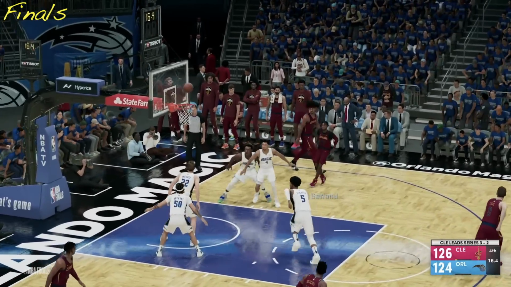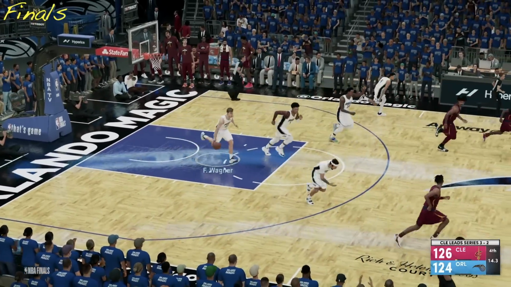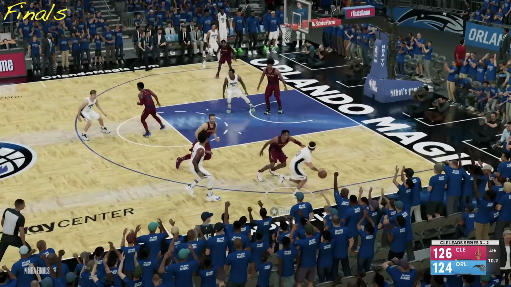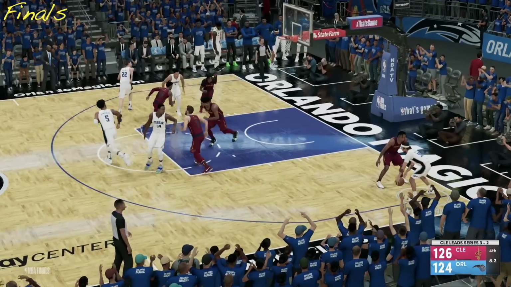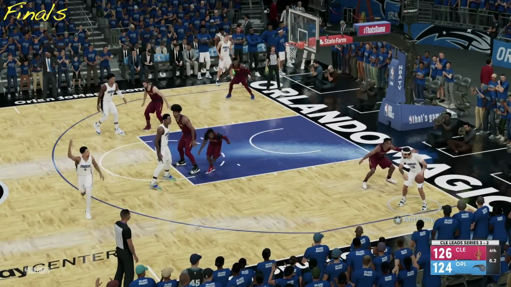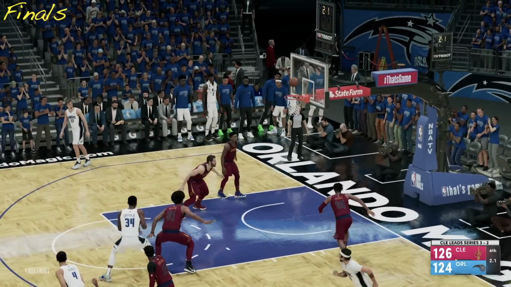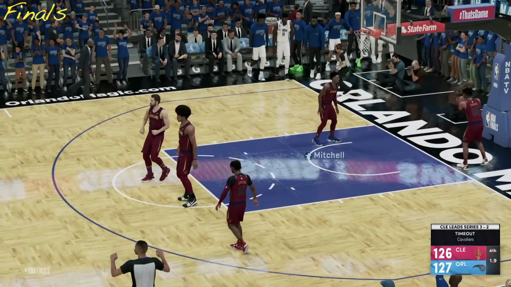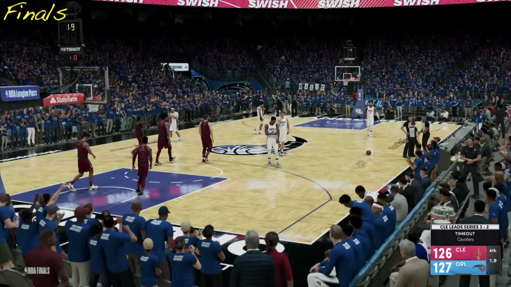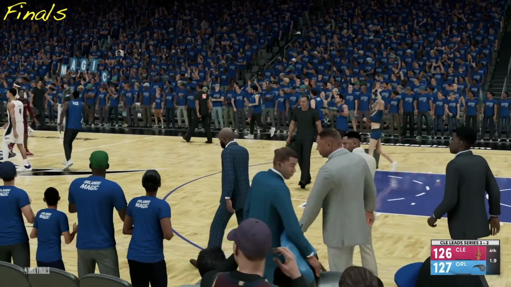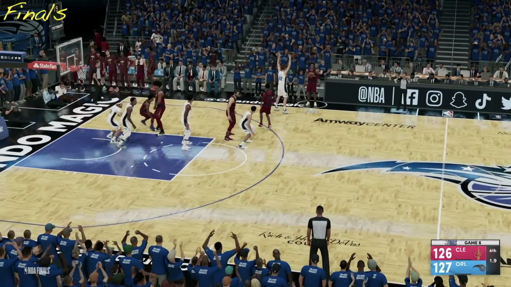Garland a wild shot, and it is no good. Rebound Wagner. And now Orlando needs to tie this game. Their season on the line as well as the championship. Here is Anthony in the corner. Down to 7 seconds. It all comes down to this. 5 seconds. Suggs gets some room. Puts it in from downtown. Unreal. Jalen Suggs just missed a moment ago. Steps up and buries the 3 to give the Magic the lead. And 1 second to go.